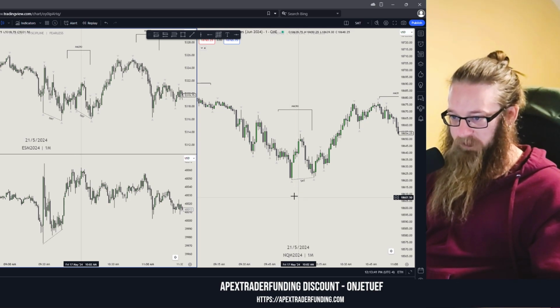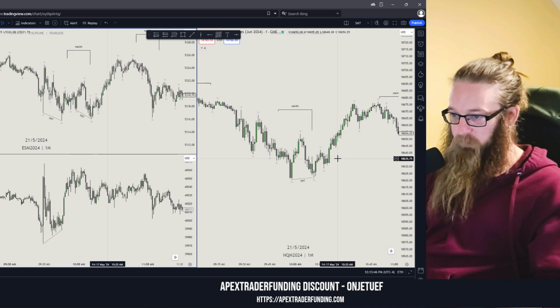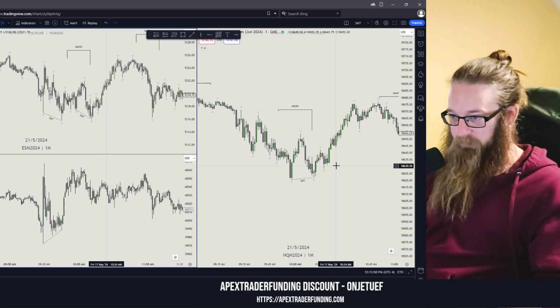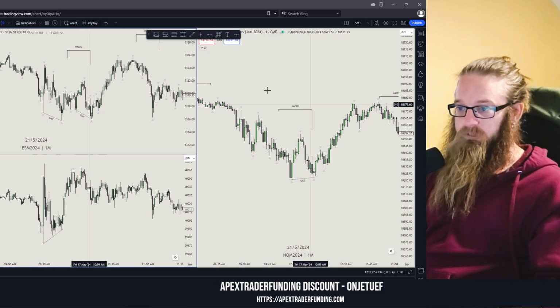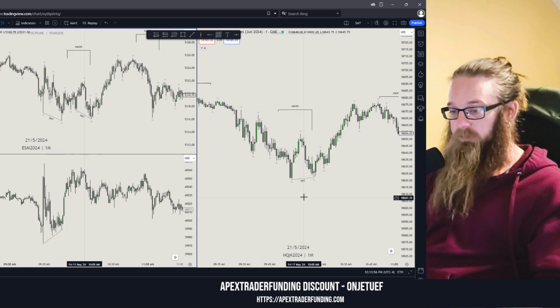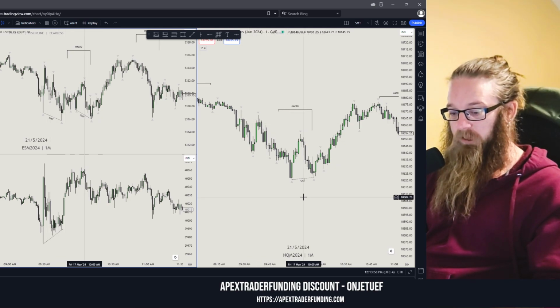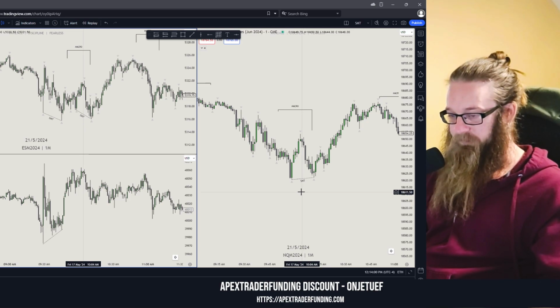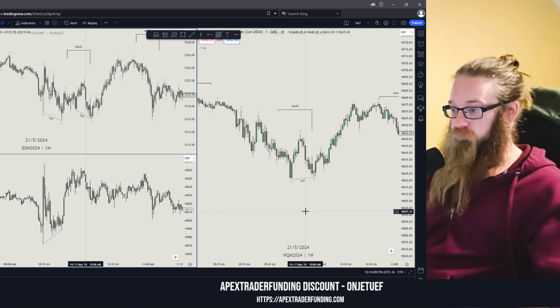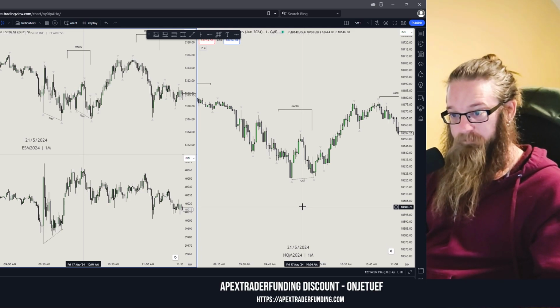So I really like to see that. It doesn't always happen. One of the lows can be made in the macro. The other one that creates the SMT can happen outside of the macro and vice versa. As long as the macro is near that reversal idea, I run with that. I like to see that. So, that's pretty much all there is to it. You just watch each candle go by, and when you see a major low,